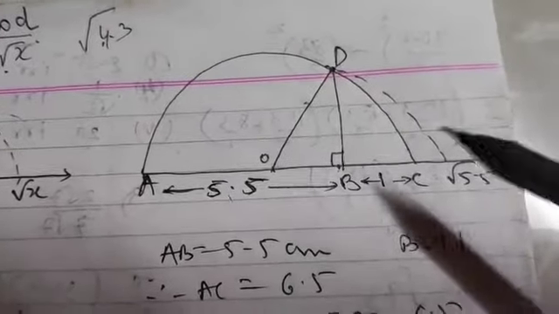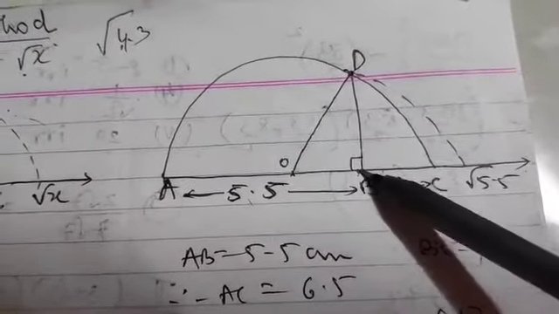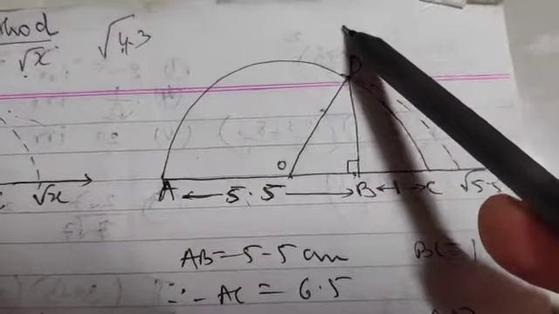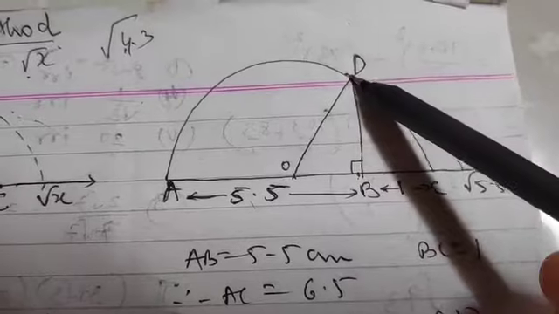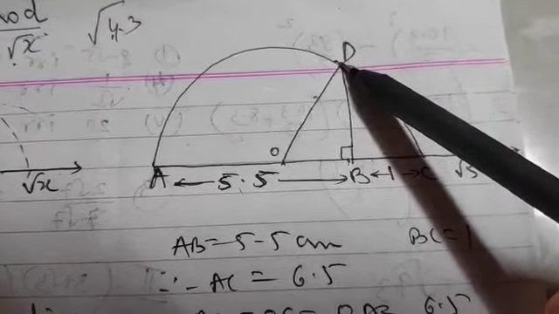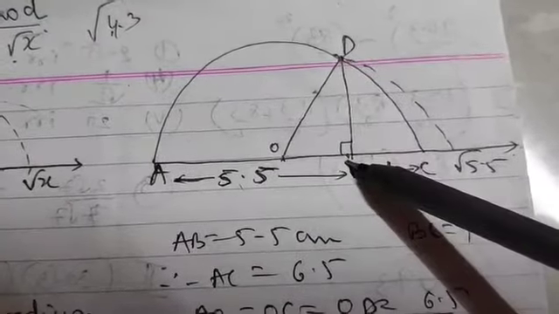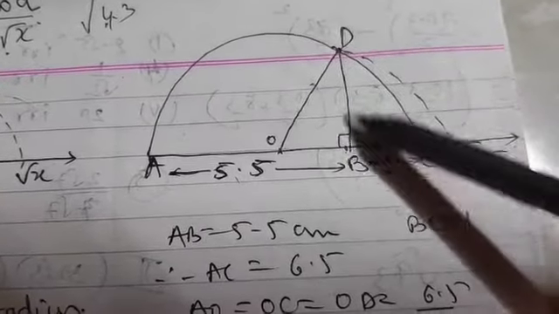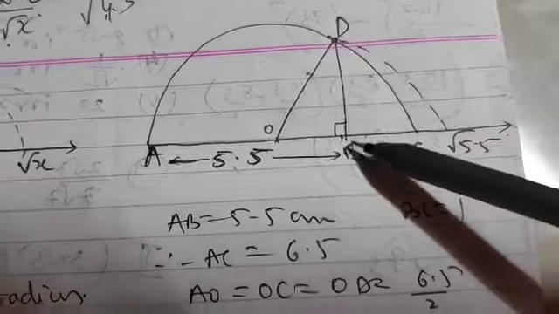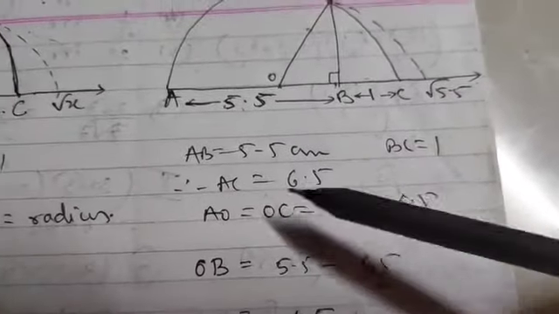Okay. Once it touches at C, you will put the protractor at B, mark the 90 mark, okay, and then join that 90 mark to B such that it cuts the circle at D. So this is your perpendicular distance BD. Now how will you know that BD is root 5.5? How will you confirm it? For that, the calculation is explained over here.